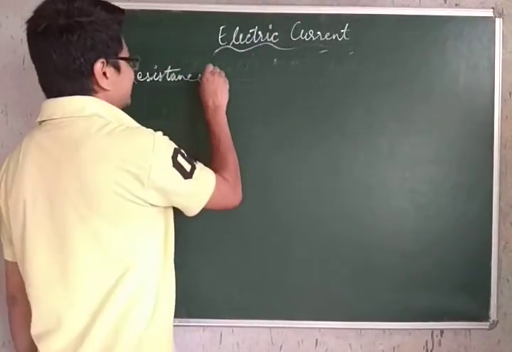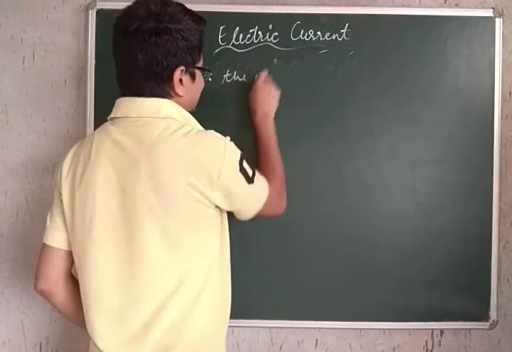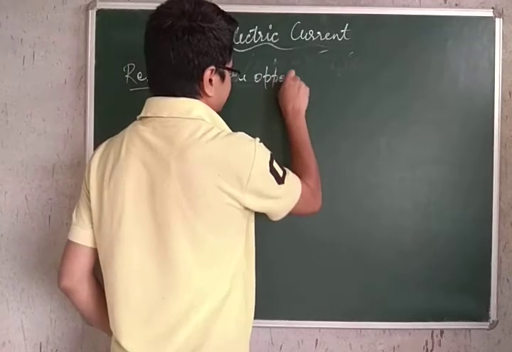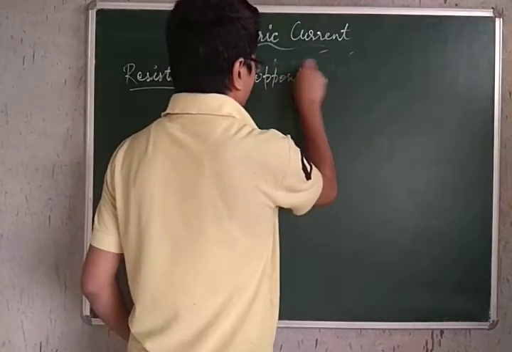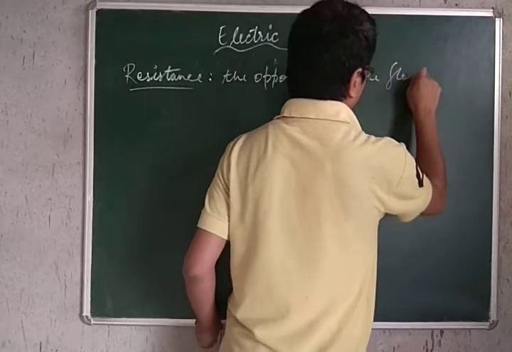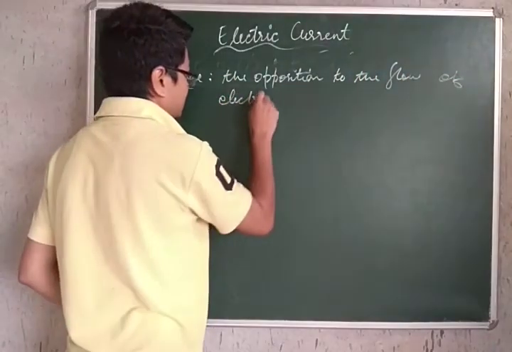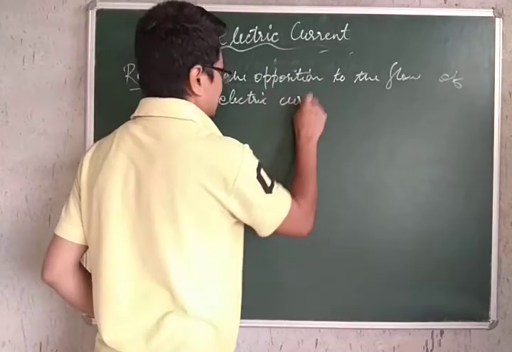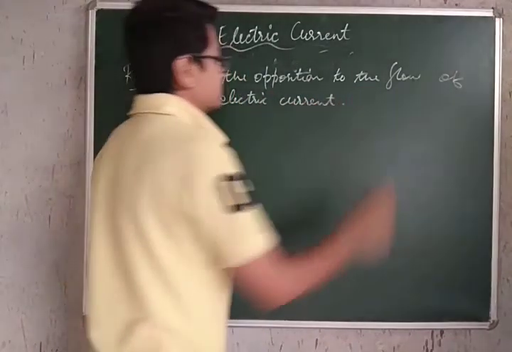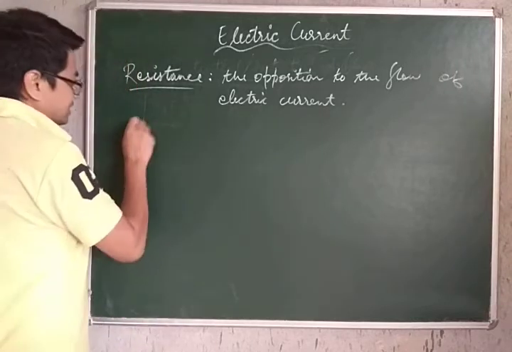So resistance basically is the opposition to the flow of electric current. So this is your resistance, and let us also talk about